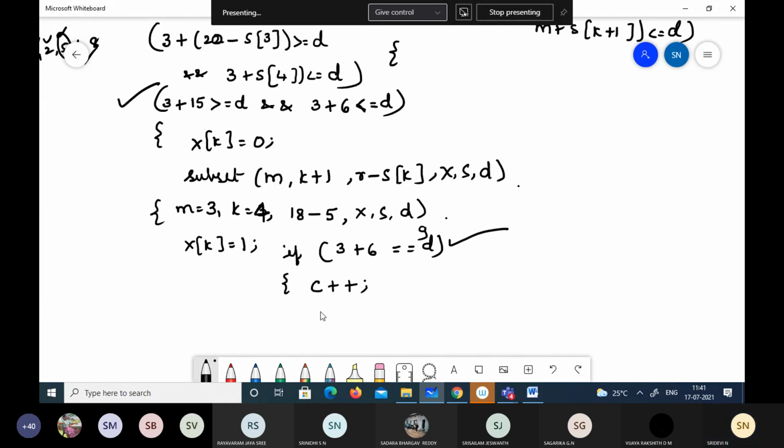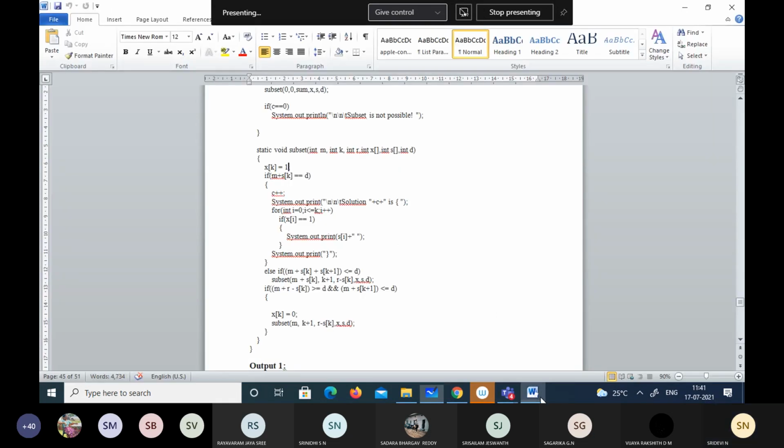Now, if C equal to 0, then subset is not possible. See here, we have this. Now we have got one solution. Hence, we have incremented C to 1. Now, solution will be printed. See here, whichever is 1, those elements will be printed here.